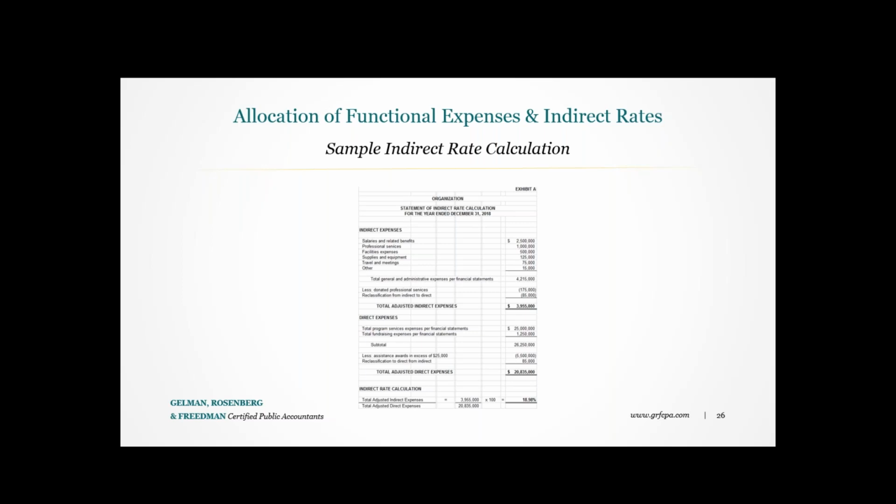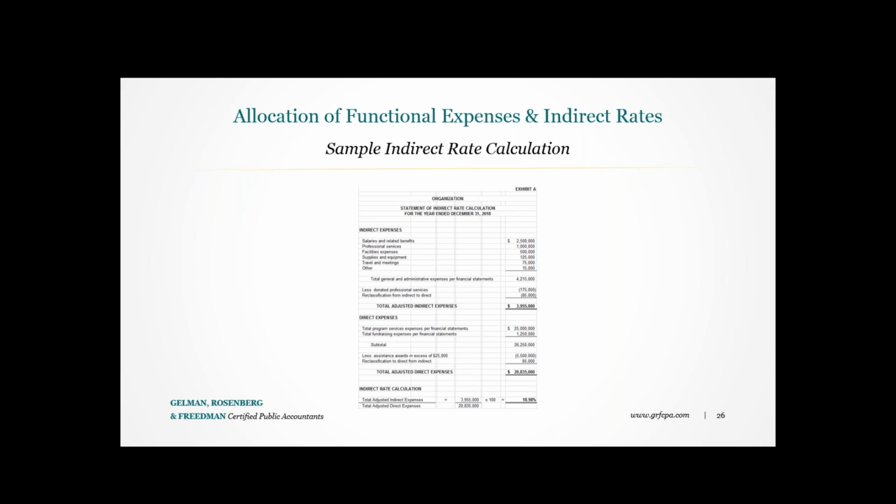So what this ultimately does is it comes down to a percentage of 18.98%. And what does that mean? Well, that means that for every direct dollar reported, that 18.98% reimbursement of administrative expenses should be attached to that cost. This rate is in accordance with U.S. government standards. We're looking at the federal rate here, 18.98, but then you can look at how other people may translate this into a different percentage.